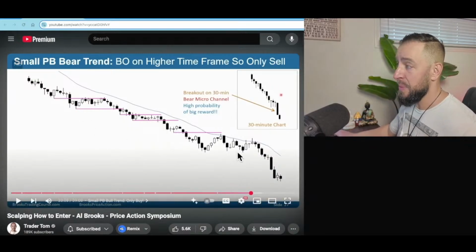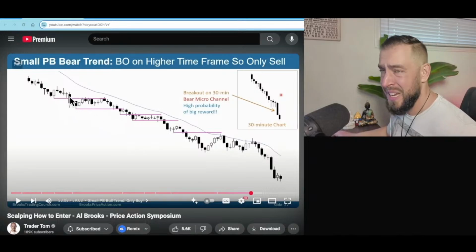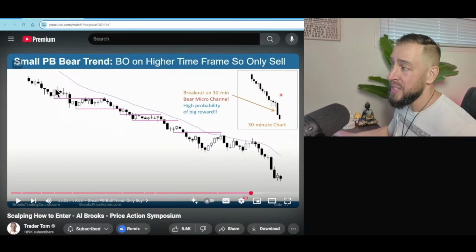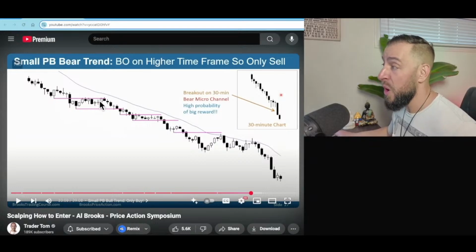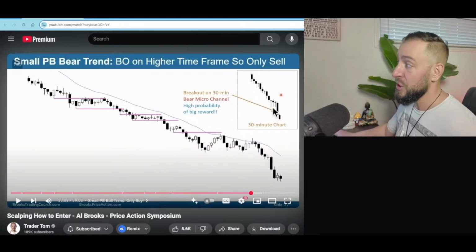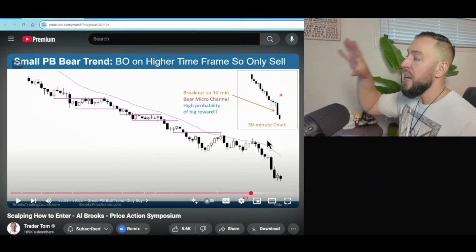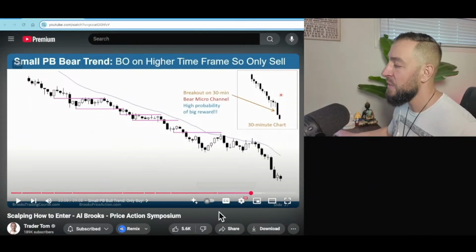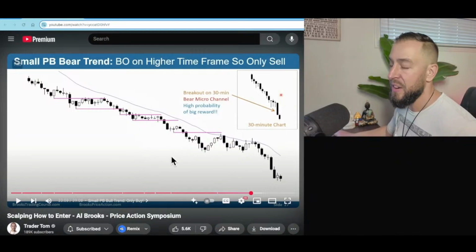If you're not sure what's happening here, because this actually exhibits some of the signs that we pointed out earlier. There's a lot of tails on all these candles, right? So this could mistake you. This could confuse you. This could throw you off. So if you want a way to kind of double check yourself, look at a higher time frame. This is presumably a 5-minute chart. This is a 30-minute chart. This looks a lot more clearly a trend than this does, right? So going up and just looking at a 30-minute chart or a 1-hour chart can really help you get an overall sense and a more clear idea of what the market's doing. Then you can go back to the 5-minute on your shorter time frame and identify your entry.